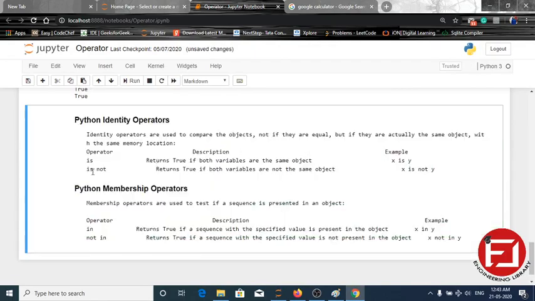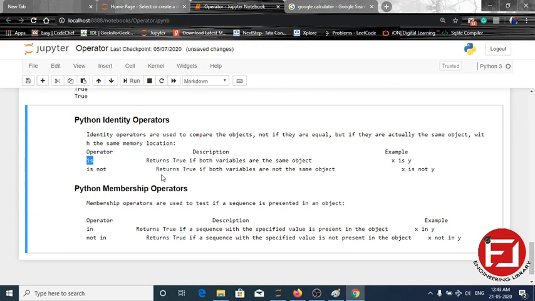Okay, so the first identity operator: if we have two variables, x and y, and both the variables or objects are the same, means x is 4 and y is 4, and we use print x is y, it will return true.